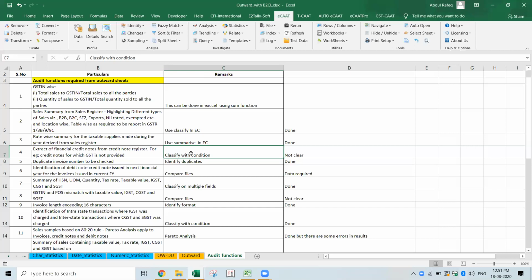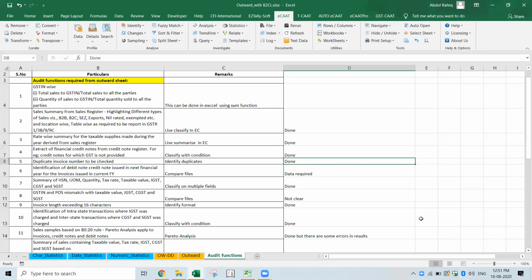Some people will do this. That is the reason we want to identify whether the party giving the credit note or debit note has affected GST. In the beginning, in one of the analyses, you had given the summary of credit notes and debit notes. In that summary, for each type of GST, I already have the total. If the data has the credit note plus GST, it will come accordingly. So that is clear now.